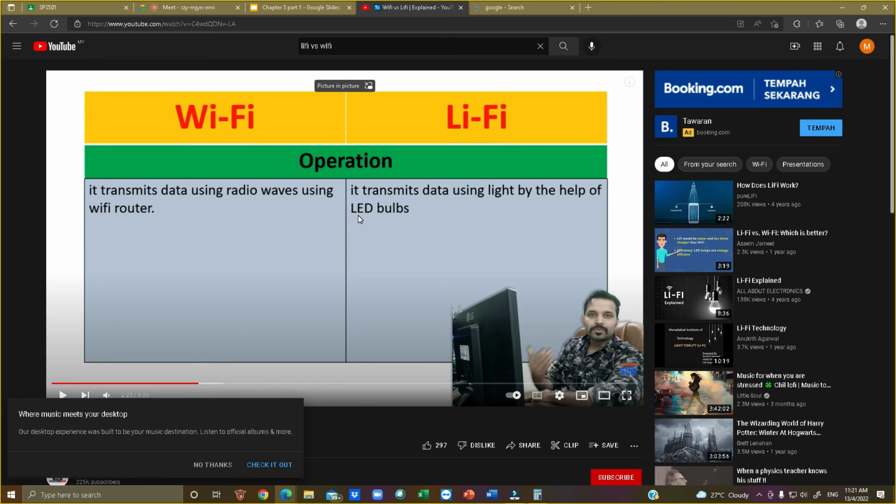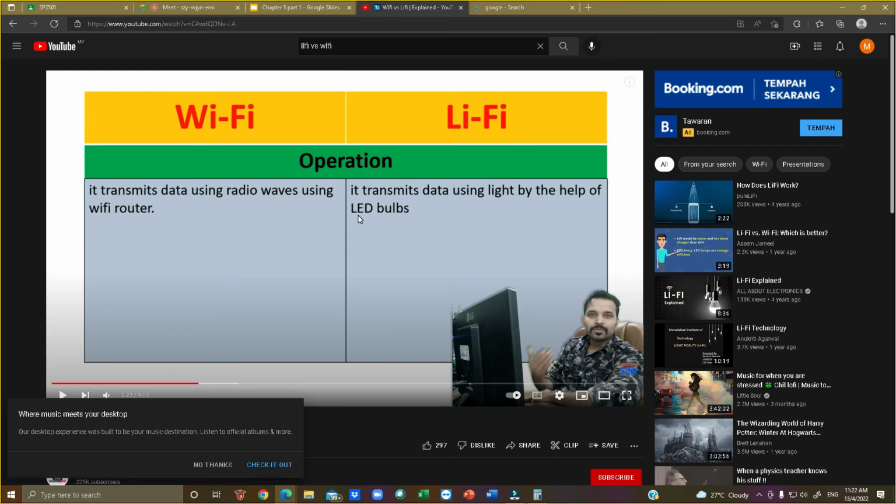So Wi-Fi wavelength, that wavelength is quite long. Okay. Contoh kamu guna apa sekarang? Katalah macam saya U-Mobile. So that internet provider location is KL, Kuala Lumpur. It can reach up until Seremban. But Li-Fi, it is in confined space. Contoh dekat dalam bilik kamu, dalam bilik tu je dapat. Because as long as the light can penetrate, orang akan dapat Li-Fi.